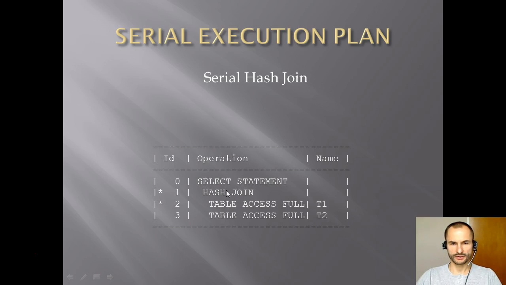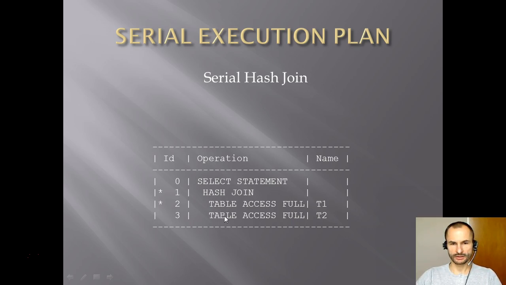And how does this operate? Well, the hash join first reads the data that comes from this first row source, this table access full, and builds the in-memory hash table, basically building on the fly a hash cluster in memory. Hopefully, if it doesn't fit into memory, it might spill to disk. And then when this is completely consumed, and the hash table is available, it starts actually reading from the second row source, in this case this table access full of the table T2,